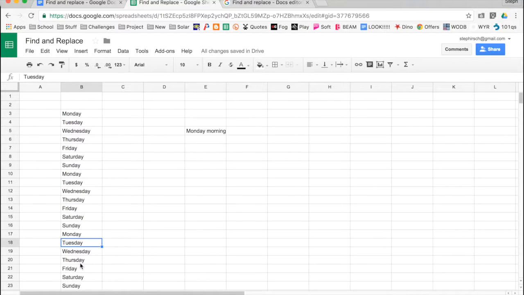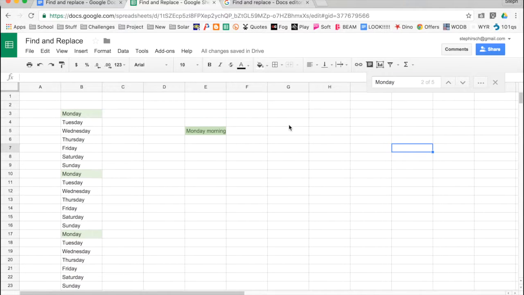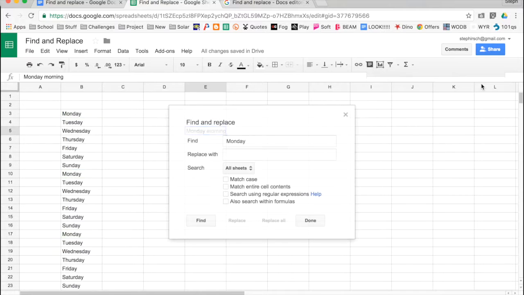So there was one other thing I promised I'd tell you about, and that was the cell contents. Here's a cell that has Monday and another word. So I'm going to open up my find, and I'm going to search for Monday. And right now it finds 5 instances, and it counts that cell as an instance. It doesn't make me match the whole cell. So if I were to replace it with something,